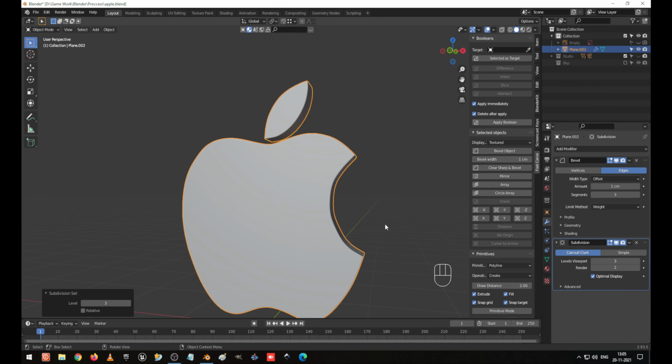So I save it. Okay, now unwrap has been completed. I go to the layout. Now I'm going to save this one, and I'm going to the material. We are going to apply a material. I press new material, and the base color I'm going to give as black, and this one I'm going to give as emission.